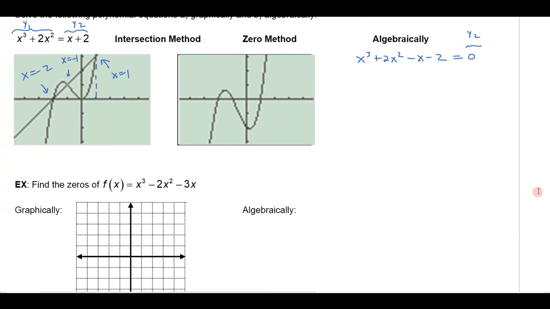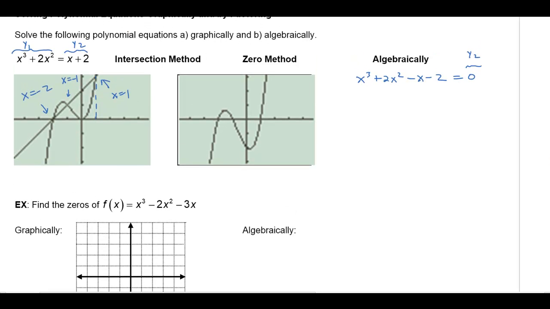Okay, and so now we can see that here x equals -2 and x equals -1 and x equals 1. Those are all the same solutions that we got over here using the intersection method. Okay? Now if I want to solve it algebraically, I do exactly what I started to do with the zero